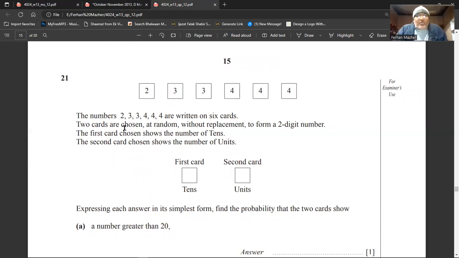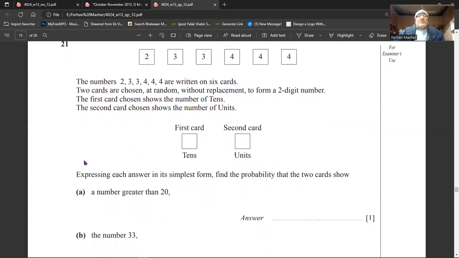Okay, question number 21 is showing up on your screen. The numbers 2, 3, 3, 4, 4, 4 are written on 6 cards. The 2 is 1 time, 3 is 2 times, 4 is 3 times. 2 cards are chosen at random without replacement to form a 2-digit number. The first card chosen shows the number of tens. The second card chosen shows the number of units. Expressing each answer in its simplest form, find the probability that the 2 cards show a number greater than